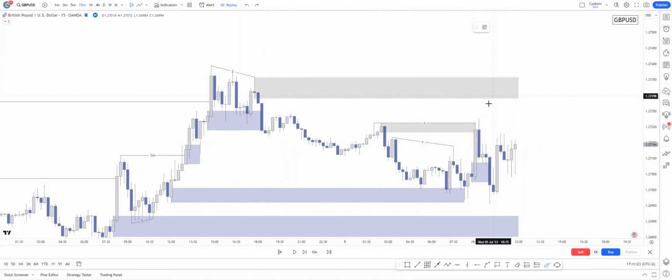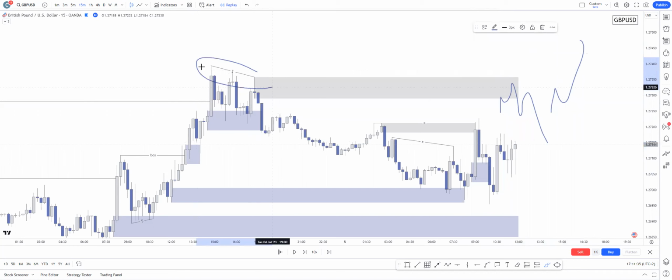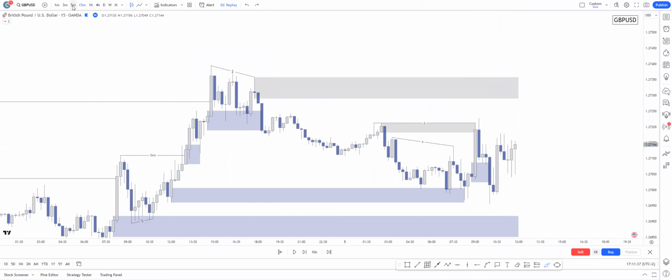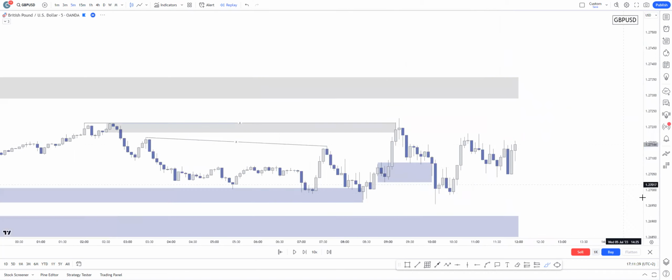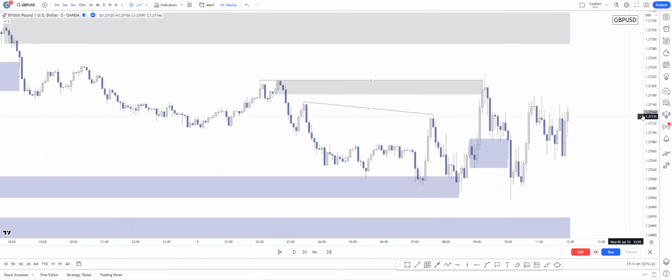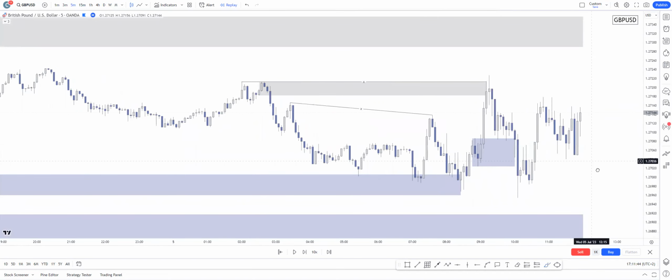So yeah, but at this point, session started, there was liquidity here, and I was expecting a confirmation entry on this supply or on this supply, but this zone had a chance to be swept out because there was liquidity above it. So yeah, on the 5-minute time frame, there wasn't anything interesting,